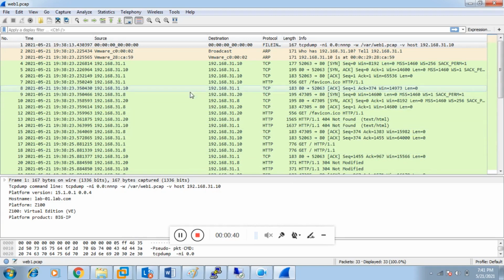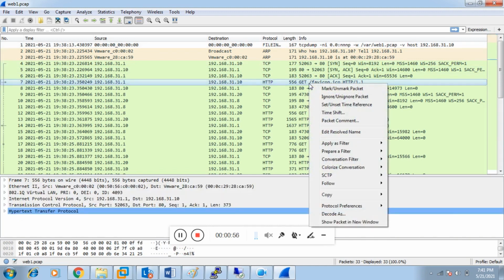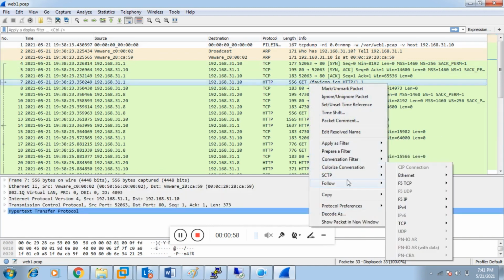So see, this is the communication between the source, this is the source IP 192.168.31.1, and this is the destination IP 192.168.31.10. So here the TCP handshake is completed. Now the client sent the request. So if we follow this stream,